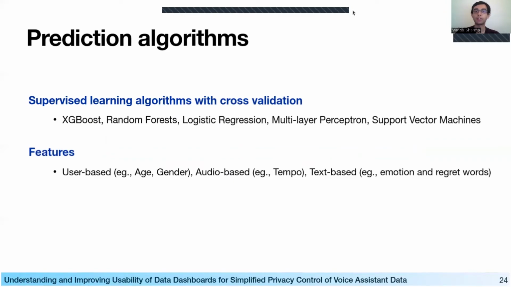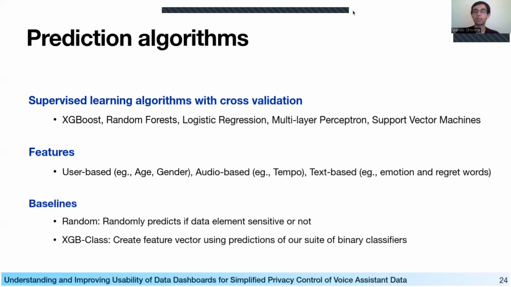These can be placed under 3 categories: user-based features such as age, gender, audio-based features such as tempo, spectral contrast, and text-based features such as the presence of emotion and regret words. As baselines, we used a random baseline which randomly predicted a data element as sensitive or not, and a baseline based on feature vectors generated using the 12 binary classifiers we used to get personalized elements in Survey 2.